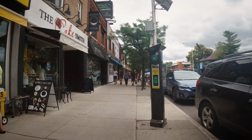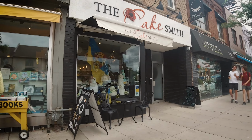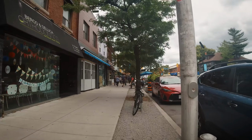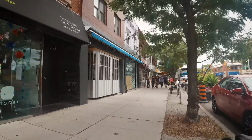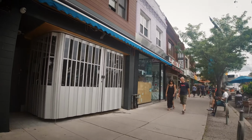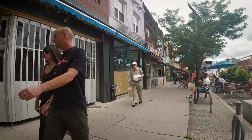When I do these walks, I like to concentrate on the shops rather than just walking straight along here. I think the shops make the difference in a city. Without the shops, it's just a street, right? The character of the shops. I mean, this one's closed. Our zombie guys are...